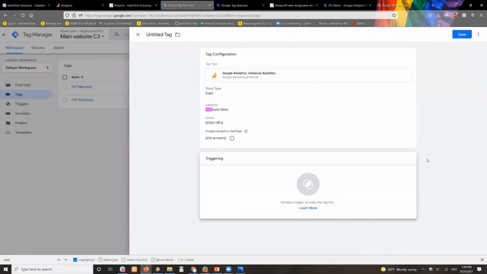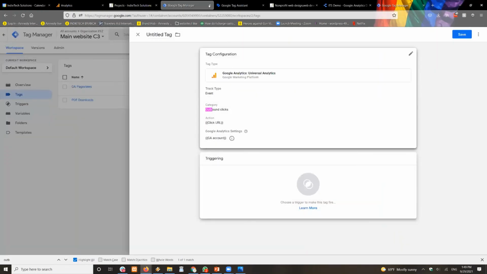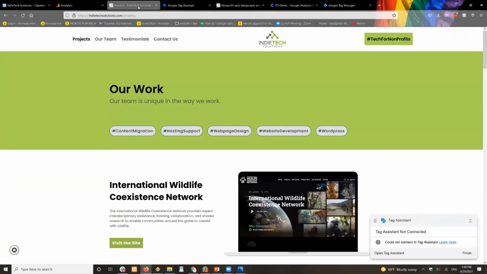All right, one of the questions is, what are some specific use cases of external links? So once again, external link means something that is not within your domain names. So let's say, for instance, you have two organizations, you have a C3 and you have a C4, right? You want to know how much traffic is coming from one organization to another. So that's one specific use case for it.